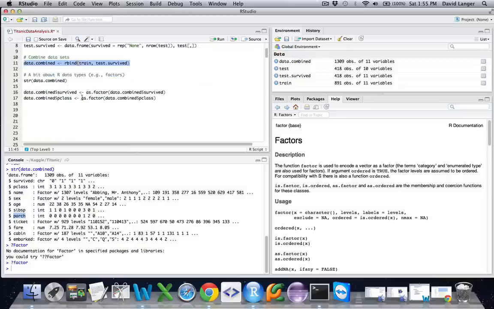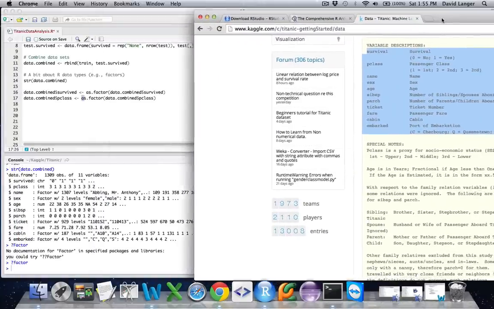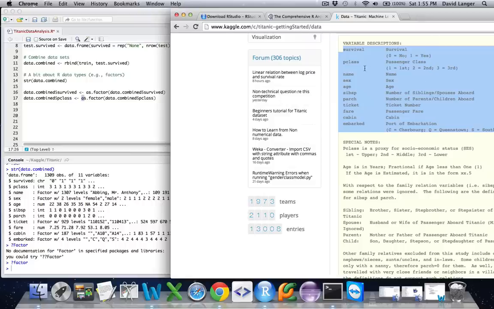Okay, so let's go back to Chrome real quick, and let's take a look at these data types in terms of their definitions. Now, p-class is currently in R as an integer, but you can see here that in actuality, p-class is representative of essentially the class of ticket that the passenger bought, whether they were a first-class passenger, a second-class passenger, or a third-class passenger.